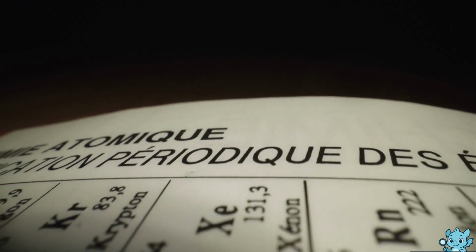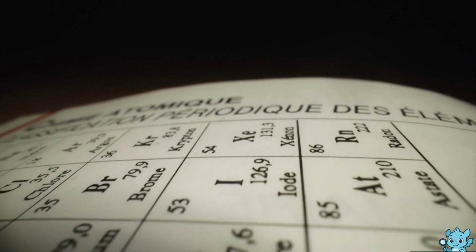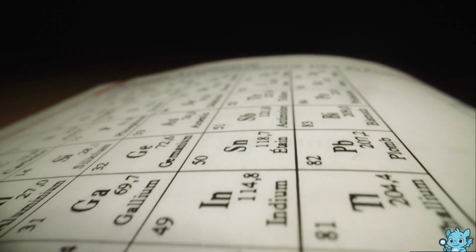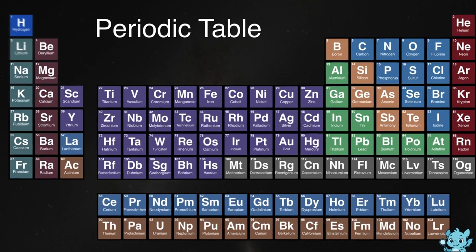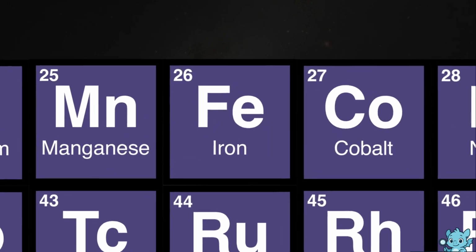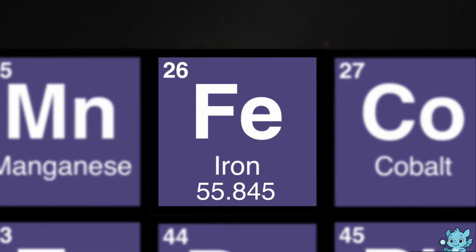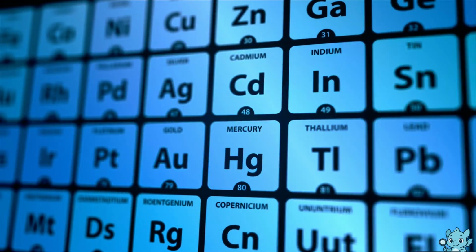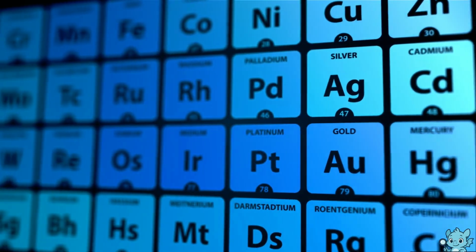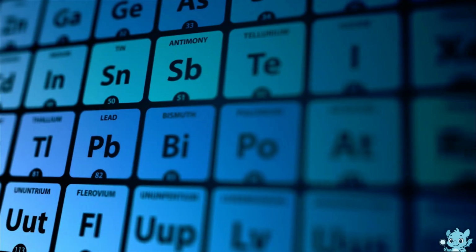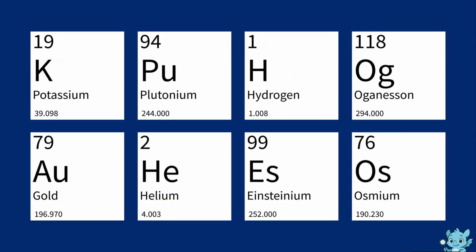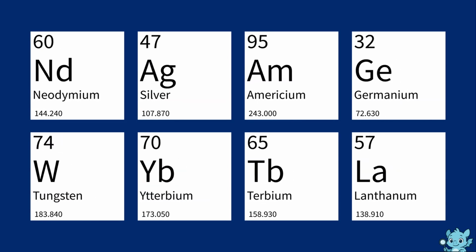The design of the table also helps predict how elements will bond or interact to form compounds, guiding scientists in chemistry and physics. For instance, by looking at position alone, you can often guess whether an element will form a solid, liquid, or gas under normal conditions. The table even shows trends such as increasing atomic size, rising ionization energy, and changes in electronegativity across rows and columns. Newly discovered elements are placed into the table according to these same principles, making the chart a constantly evolving